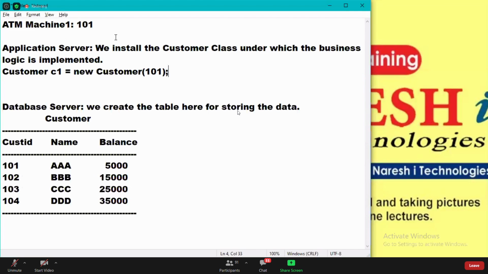N number of customers. There are N number of customers who are going to access the application at the same time.